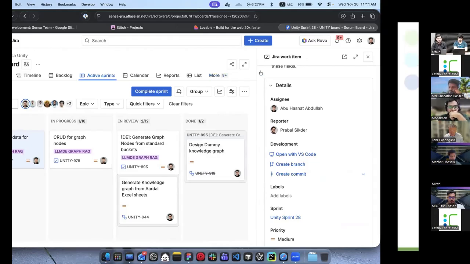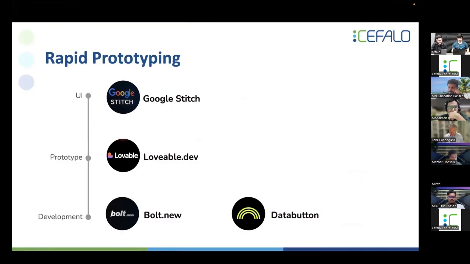And then when we tried to develop this project as production grade, we tried Bolt and Databutton, these two platforms, to see if we could do real development on them. But actually we failed to do it, because Bolt and Databutton, and other available platforms that give the opportunity to develop a project for production, have the issue that they are limited with the tech